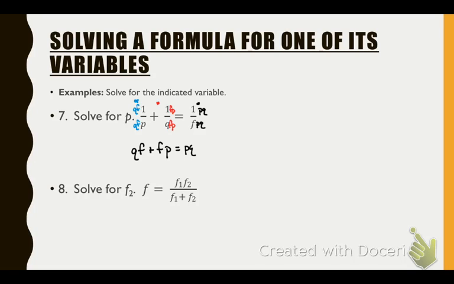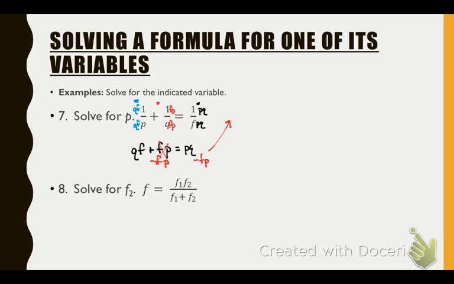So then, what do we have? What am I trying to solve for? P. Okay? What's the problem though right now? There's a P on the left and a P on the right. So what should I probably do? Probably put the P's together. Emily, question? Okay. So I'm going to subtract FP from both sides, and I'm going to have